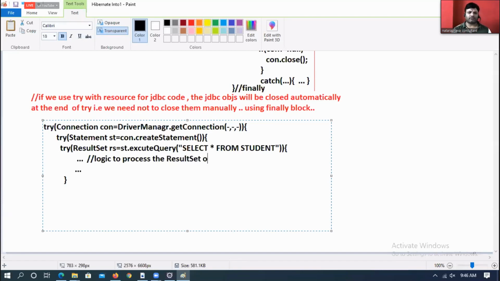End of try 3, end of try 2, end of try 1. For all tries, we can write the same thing. Catch... You can write multiple catch blocks, not an issue.